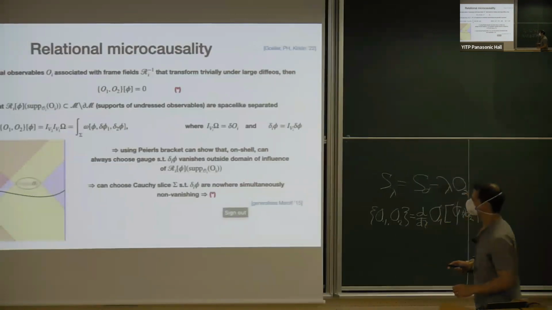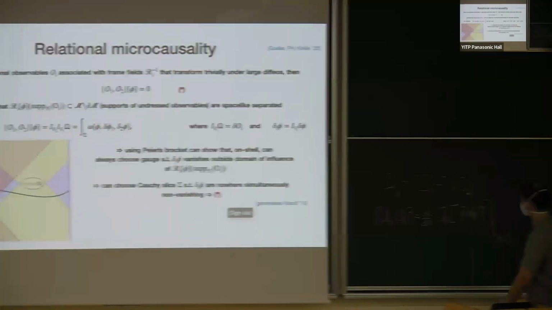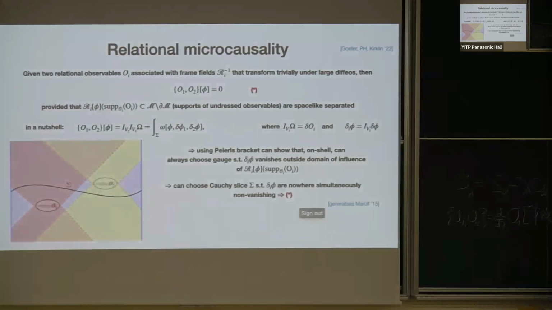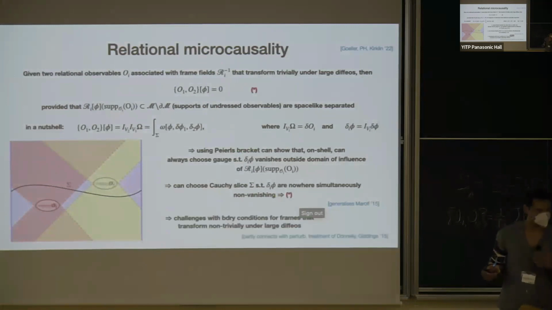So then you can show, using such arguments, and this is basically a very rough summary of how you show this, that this vanishes under these conditions. That's a generalization of an argument by Donnelly and Giddings, where you only use local frames. In our case, the frames can be non-local. They just shouldn't touch the boundary.